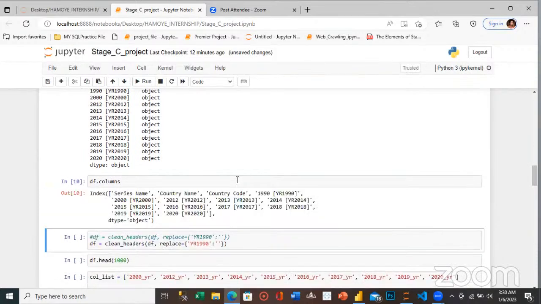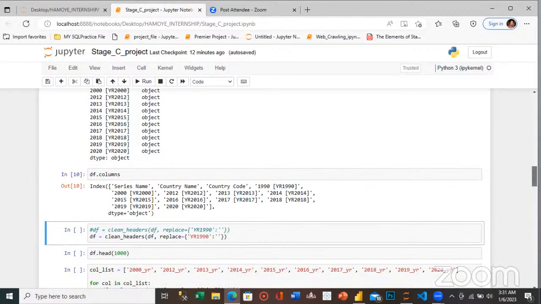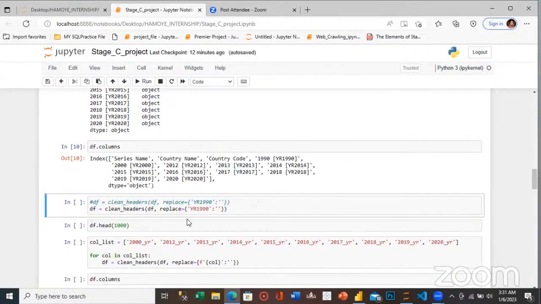So let's move ahead to check df.columns. Remember when I told you about 2012 having double names in each column, which is not appropriate? You're supposed to have it as 1990 only, without the square brackets, without a double name, and we don't want to have this YR attached to our column. So what we're going to do is use the replace function